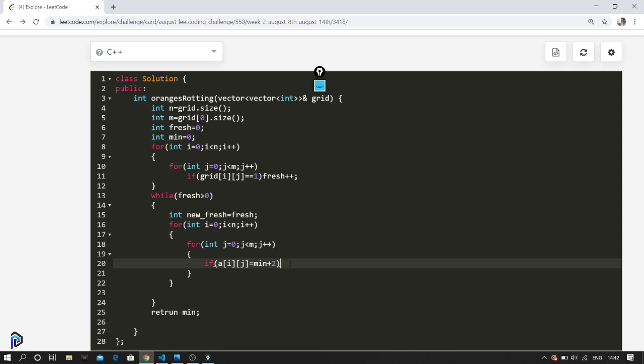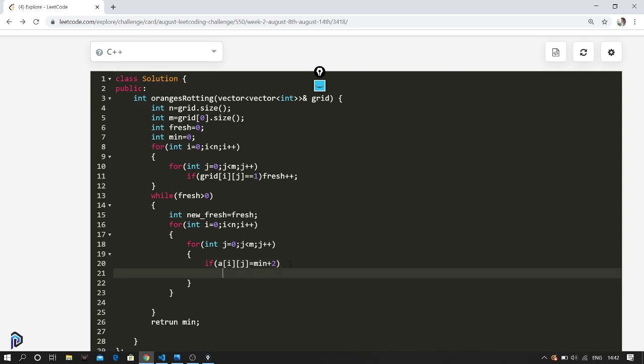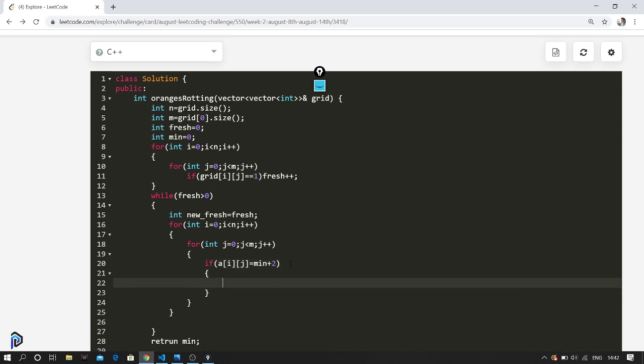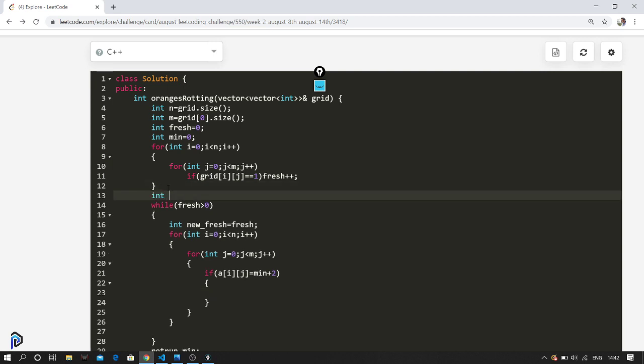If it is true, we can have a temporary variable int, and we'll create it here itself. This temporary variable tracks how many oranges can be rotten from here.